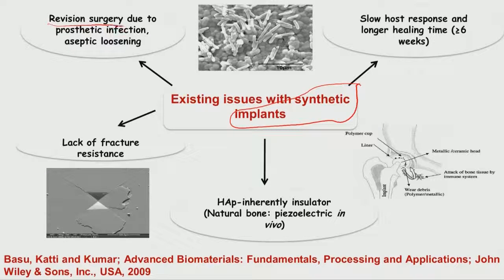is primarily due to prosthetic infection or aseptic loosening, and revision surgery means a patient has to undergo again one surgery at the same anatomical sites where the patient has already undergone the primary surgery. The second one is that once a patient receives an implant material, typically most of the commercially available implants elicit very slow host response, and therefore longer healing time, like 6